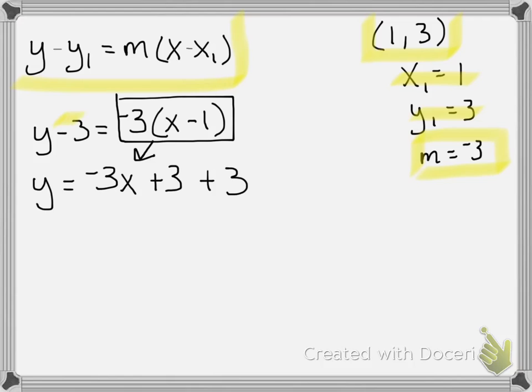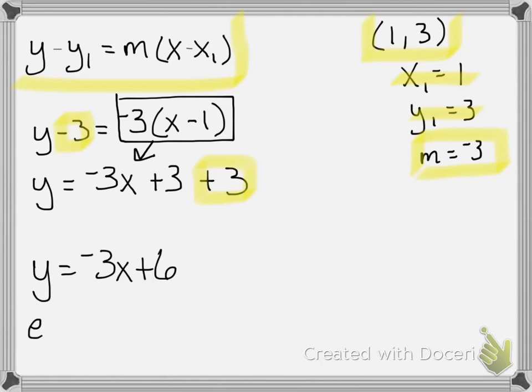And I'll just highlight this. Alright, so then whenever we go through and simplify that a little bit, we have y equals negative 3x plus 6